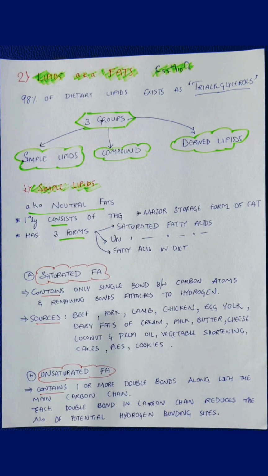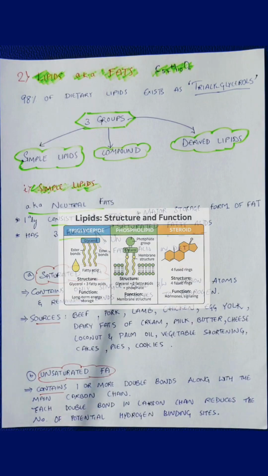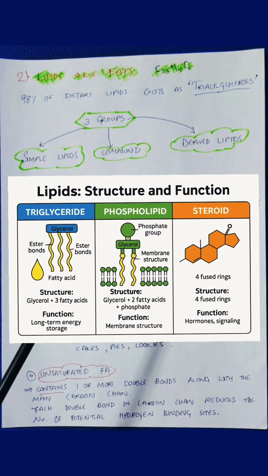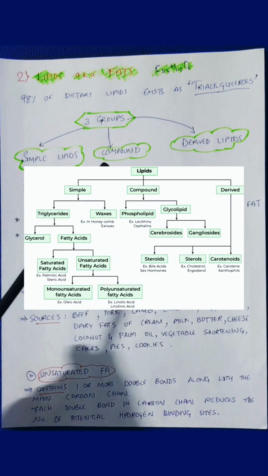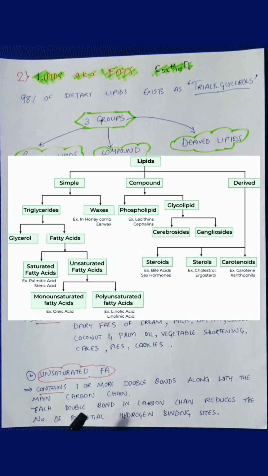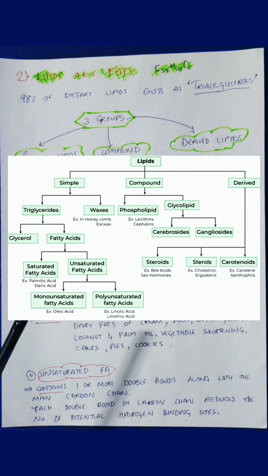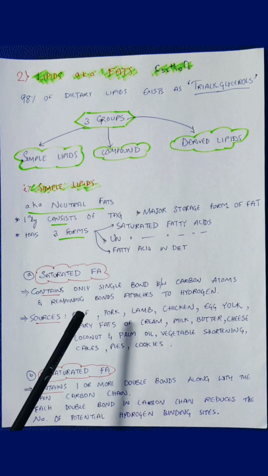Then when we look at lipids, also known as fats, 98% of our dietary lipids exist as triacylglycerols, also known as TAG. There are three groups of fats: simple lipids, compound lipids, and derived lipids. Simple lipids are also known as neutral fats. They primarily consist of TAGs